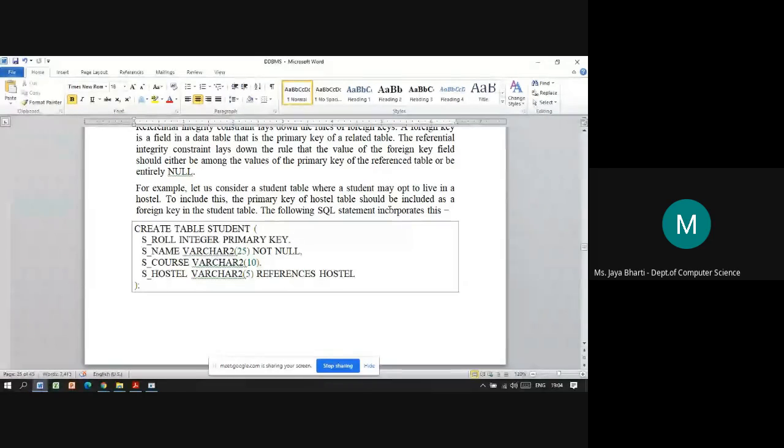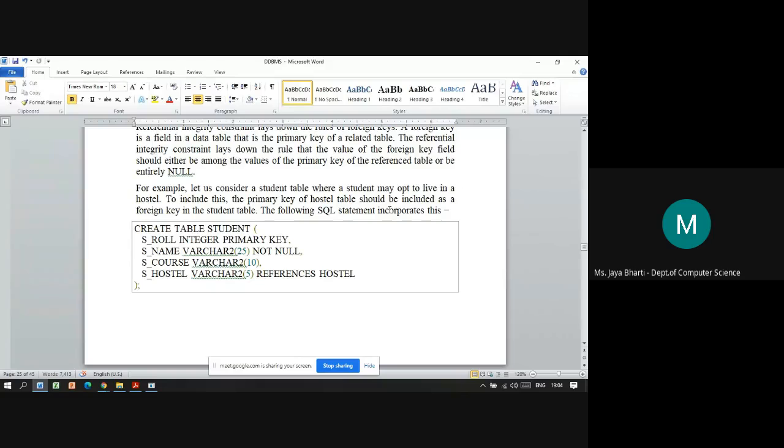In the department table, you have the attributes department ID, employee ID, department name, and whatever other attributes are related to the department. We are assuming that they are not connected using referential integrity.